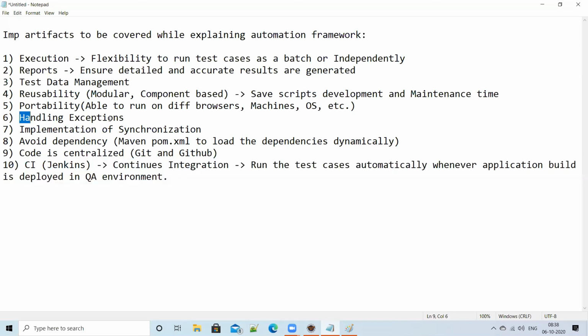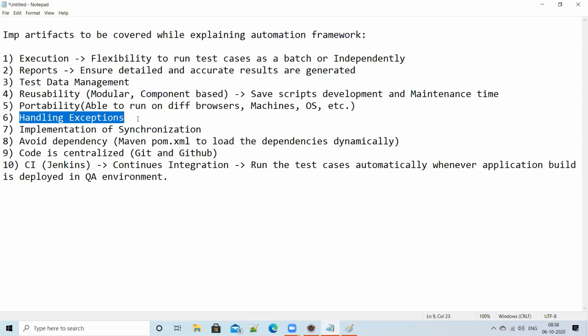And another thing, you can even highlight exception handling. Yes, we implemented exception handling in web controls.java. That's where you are mainly doing actions on the application. Whenever some element is not identified, don't immediately stop the execution. If there is no dependency, why can't you continue? I want to report the failures into the result. For example, one message is not displayed. Why should I stop the execution? I want to continue. So you should handle the exceptions.